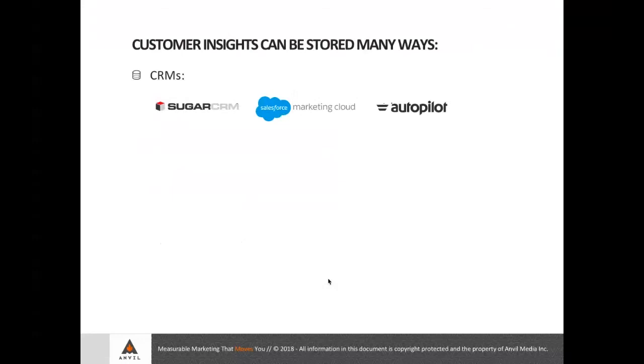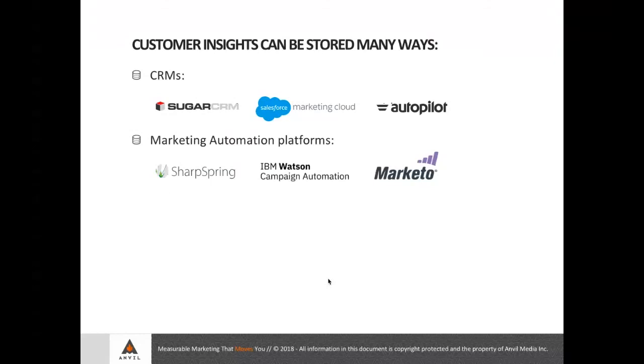So we can store data a few different ways. And these are all great ways. None are better than the others. First, we have our CRMs. Most of you are familiar with using CRMs, and they're pretty good for this. We can also use marketing automation platforms. These are software platforms that are built specifically to do lots of different things with your marketing data, basically built to message in an automated way. Some CRMs have marketing automation platforms built in. Some marketing automation platforms have CRMs built in, so it can get a little confusing.